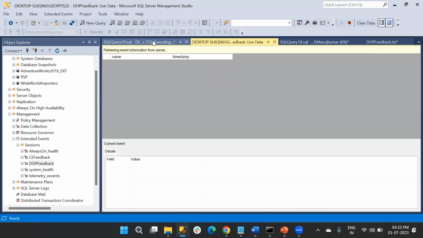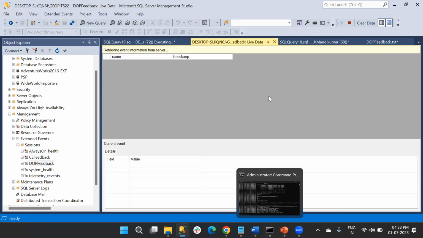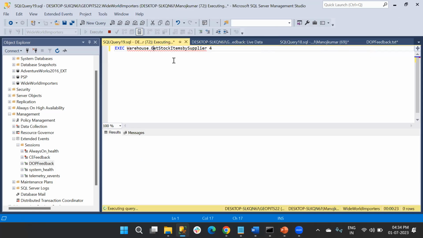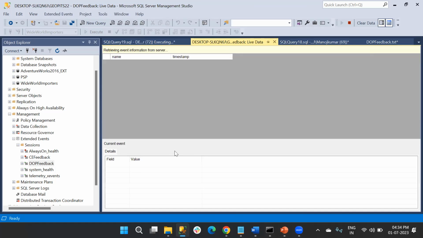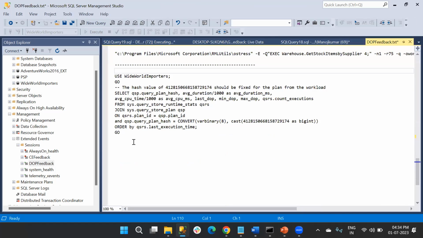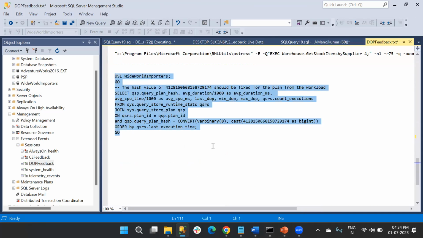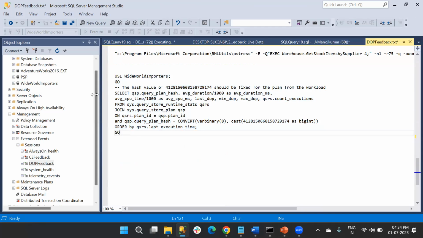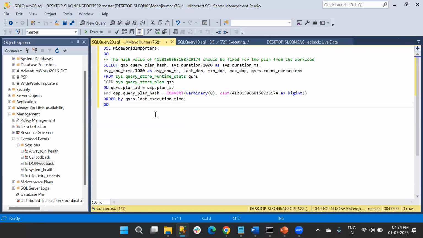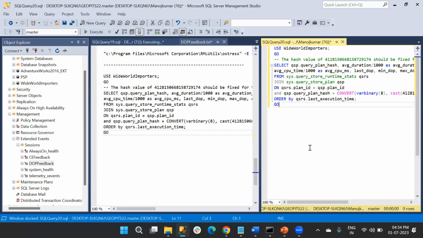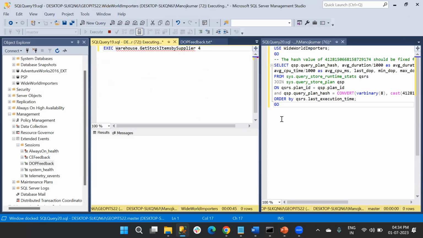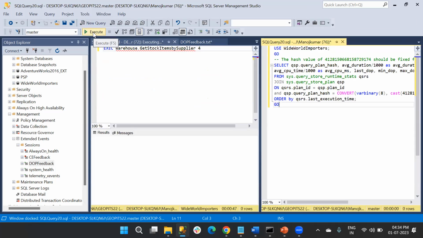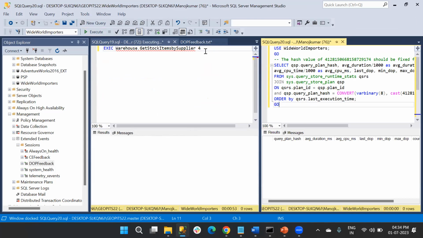Still we didn't get any execution because it's executing. I can also check using queries, but it will still take some time.